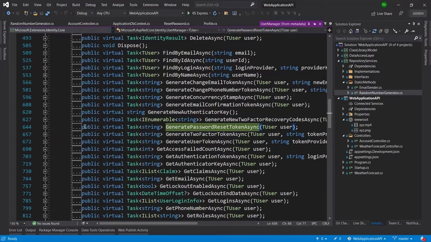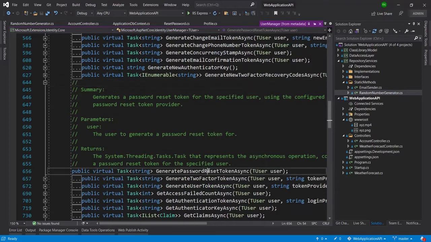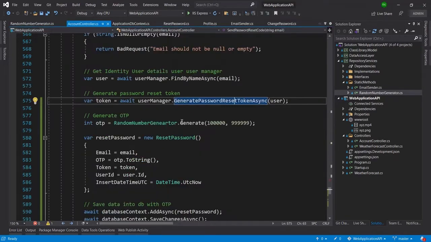When I click on this triple dot, you can see what this method is doing: it generates a password reset token for the specified user. That means using this token I will be able to reset the password, but for that I need to call a different method again. I will elaborate on that in this video as well. So let me go back to that.